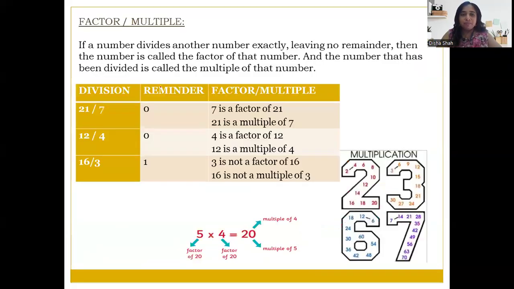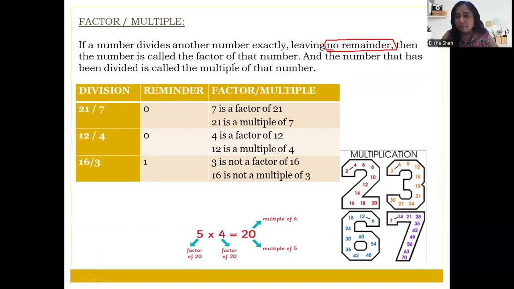Okay. So HCF full form, HCF means highest common factor and LCM means least, or you can say lowest common multiple. So in HCF there is a word called factor, and in LCM there is a word multiple. So before we start with HCF and LCM, let's understand what a factor is and what a multiple is. So if a number divides another number exactly, leaving no remainder, then the number is called